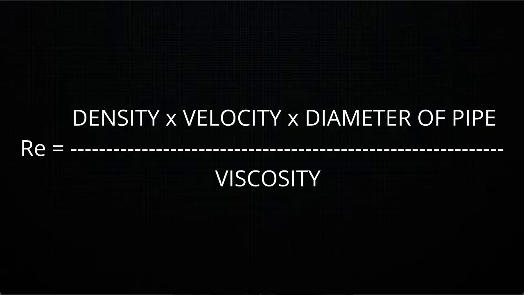So that we'll get the absolute viscosity. And from the absolute viscosity, we can get the Reynolds number, given the formula: the Reynolds number equals the density of the fluid multiplied by the velocity at which the fluid fills the container, and then the diameter of the pipe, all over the viscosity.